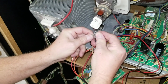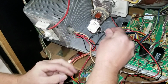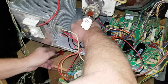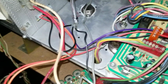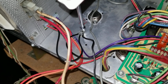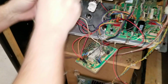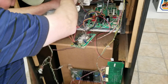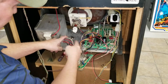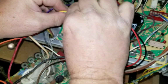1, 2, 3. Take that and then put that back inside the hole where you got the other 3, and just tighten that up with your nut driver. Again, snug it. Just snug, not too tight, because you'll strip that hole out. Okay, make sure the grounds are tight. Okay, that's tight. Alright, so now the next step will be, let's remove the Molex connectors going to the case